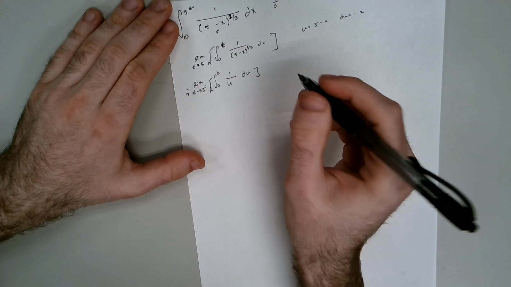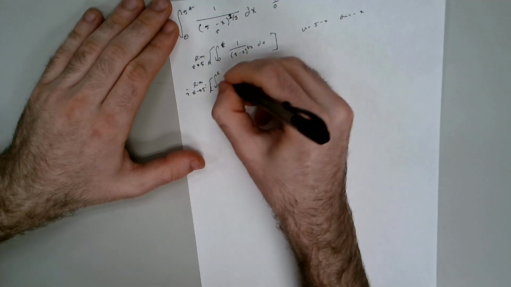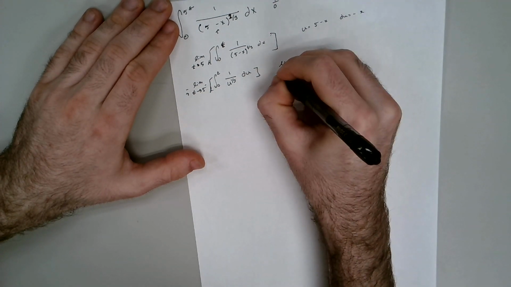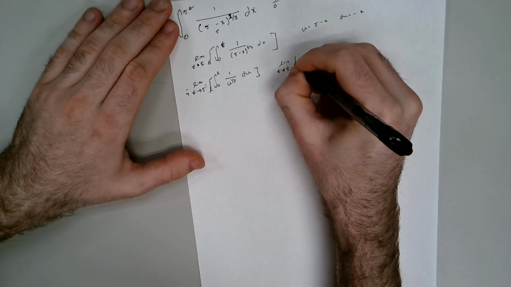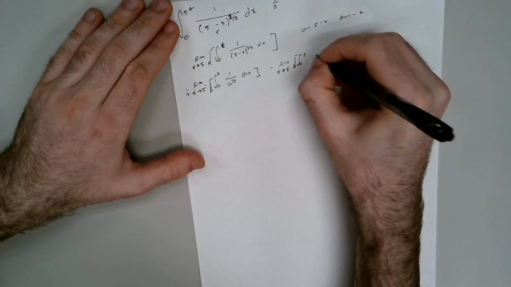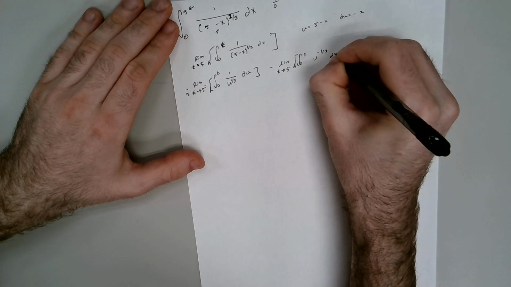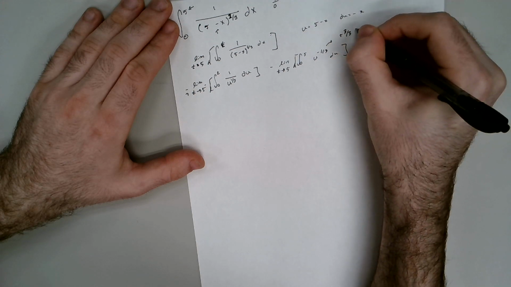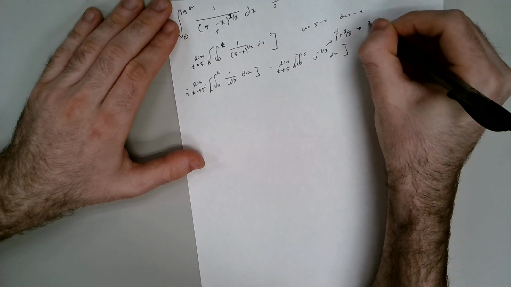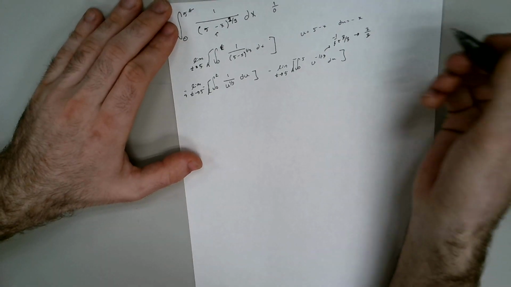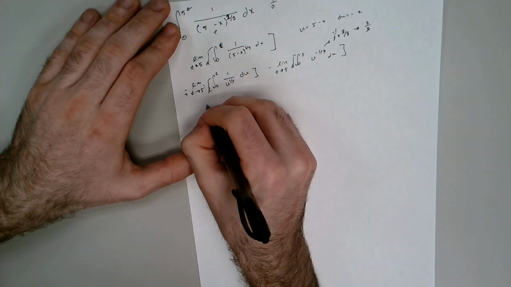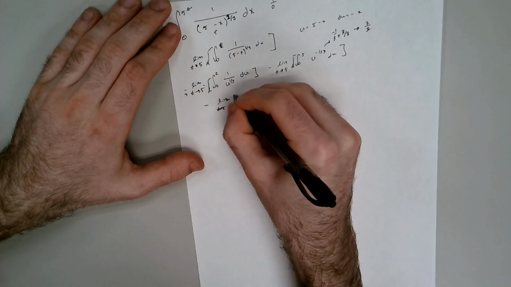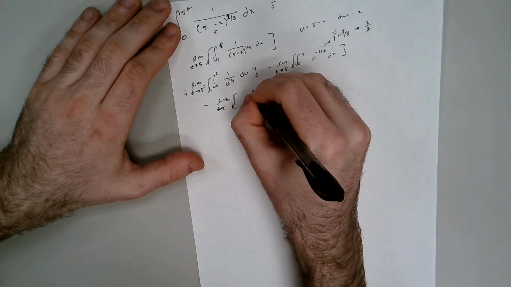Now, this one is not the natural log. Here we use our power rule. So we have the limit as t goes to 5 of the integral from 0 to t of u to the negative 1/3 power du. Using the power rule, we add 1, negative 1/3 plus 3/3 goes to 2/3. Then we divide by 2/3, so we multiply by 3/2. So we're going to get negative the limit as t goes to 5 of u to the 2/3